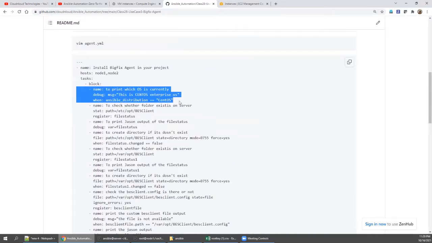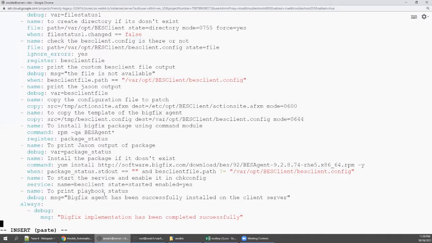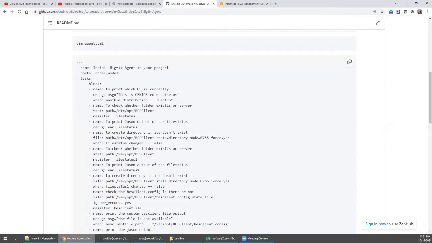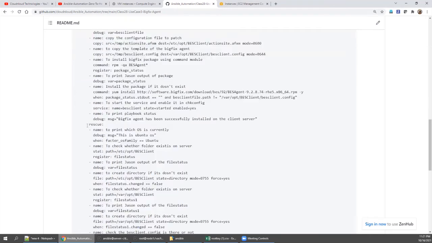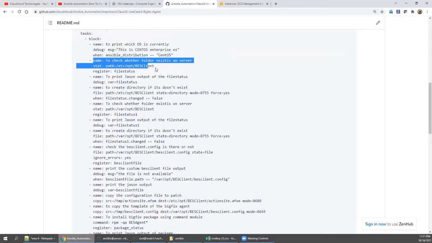For CentOS, we have seen Ansible facts. Using that Ansible_distribution, you can run ansible, any one of the nodes, -m setup, and you will get the syntax. Automatically take this syntax and put it in the first play. If it is not CentOS, it will fail. If it fails, then control will be transferred to rescue, which we have seen in the past. The same way, we are checking the agent.